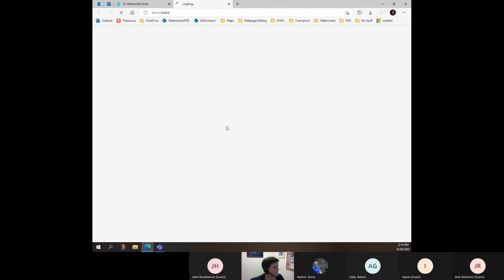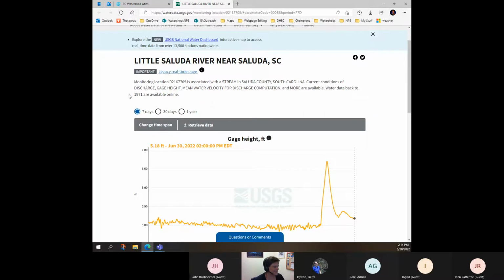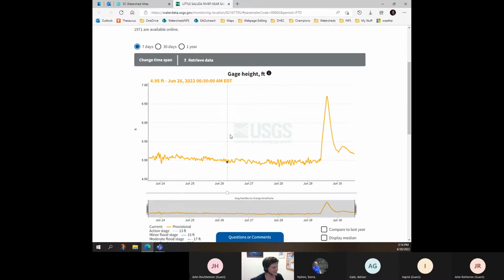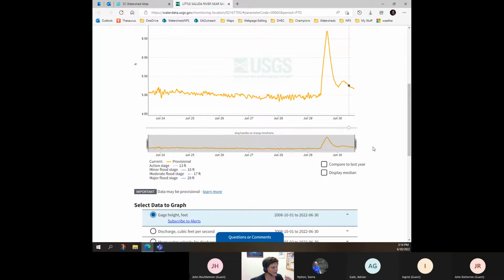Please load. This will be the time it doesn't load. Okay, so this is the neat part. You can set it for 7 days, 30 days, or a year. Okay, this is your data right here. So you can see, again, remember I said, if you have a scenario where maybe you have a lot of rain and you want to see how that might have affected stormwater runoff or bacteria,